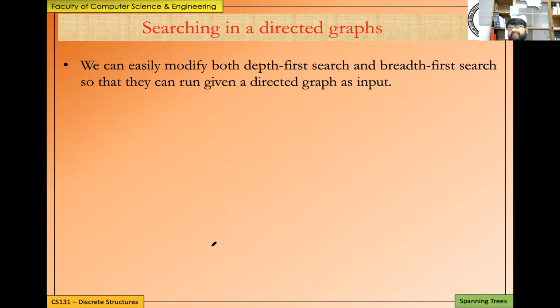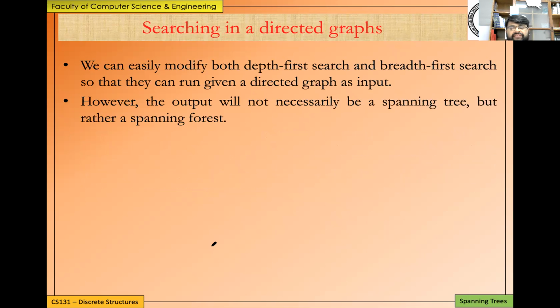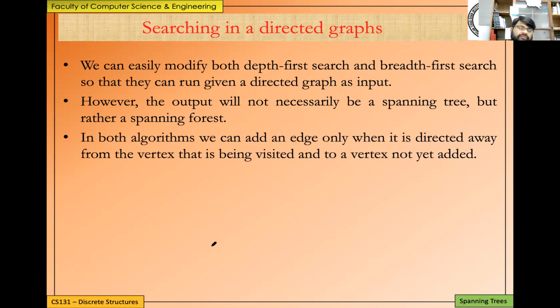So far we have already talked about searching in undirected graphs. There is something that we can also do for searching in a directed graph. We can easily modify both the depth first search and the breadth first search so that they can run given a directed graph as input. However, the output will not necessarily be a spanning tree, but rather a spanning forest, because in some directions it